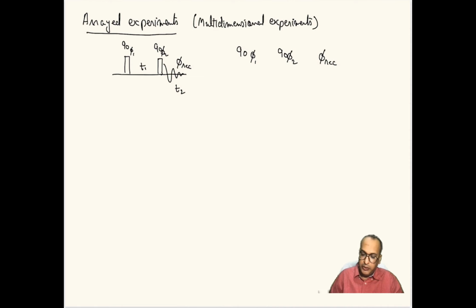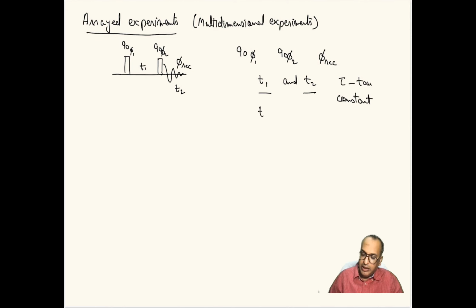In addition to that, you notice that there are two more labels. One is T1 and another is T2. So what is this T1 and T2? So far we have learnt the delays. For example, we have seen spin echo or INEPT. So delays there were labeled as tau, right? So taus are generally constant delays,